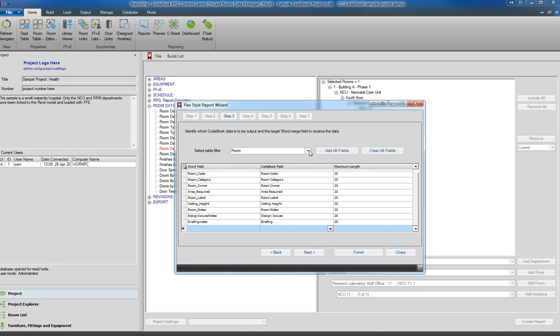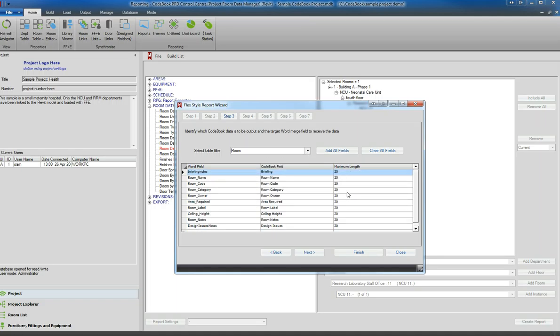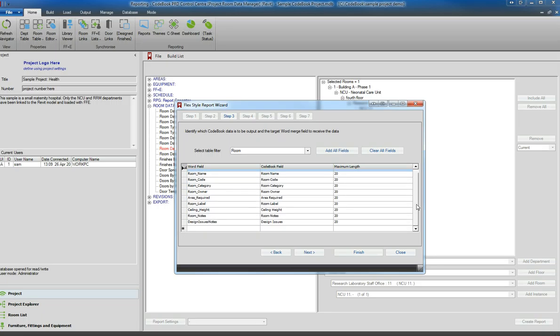So we can see if we click under the Select Table filter, we can see room instance information, room data design issues, room data briefing, room data finishes, and room data environmental. We can also limit the character length of these fields as well. So if notes are getting truncated, it would be a case of coming back to here and increasing the character count. So we're going to click Next,